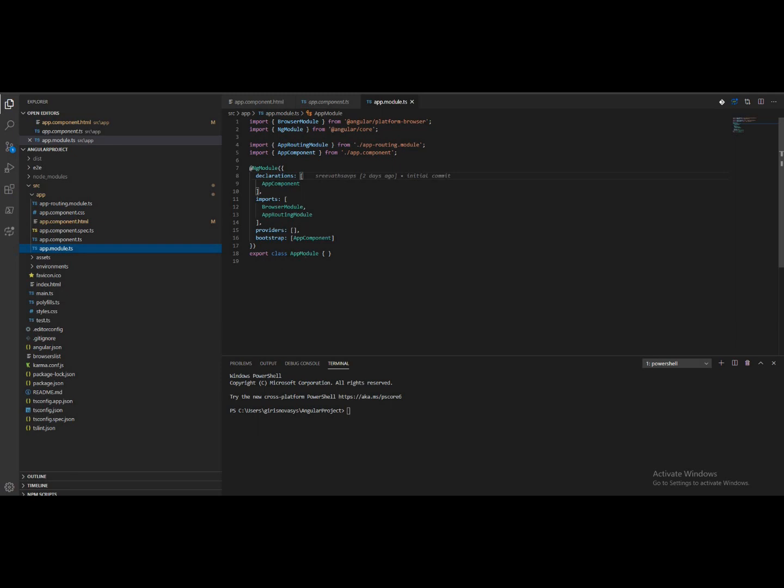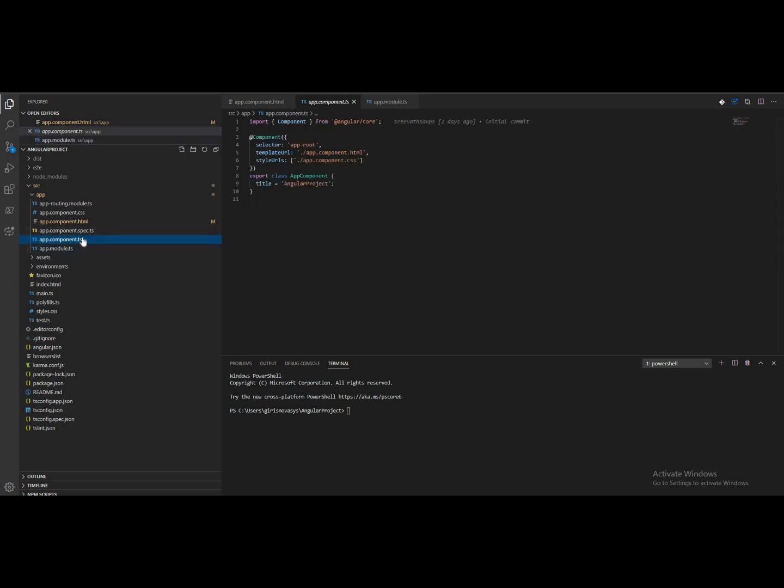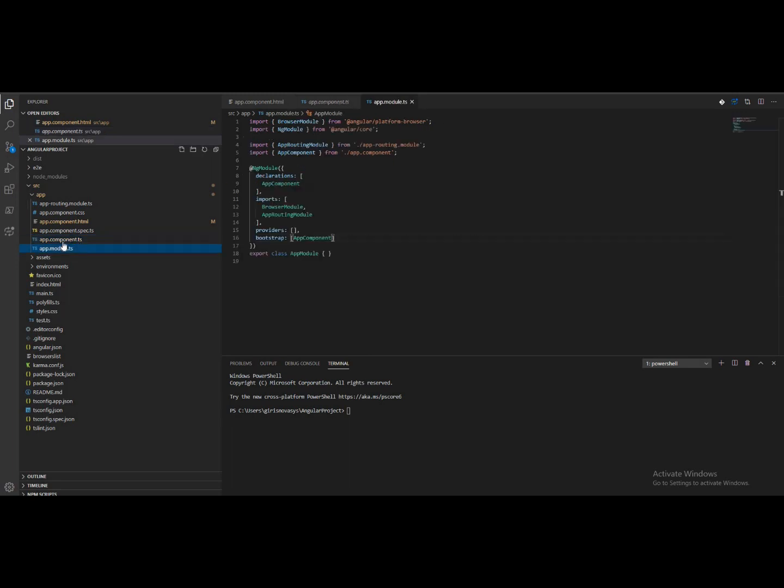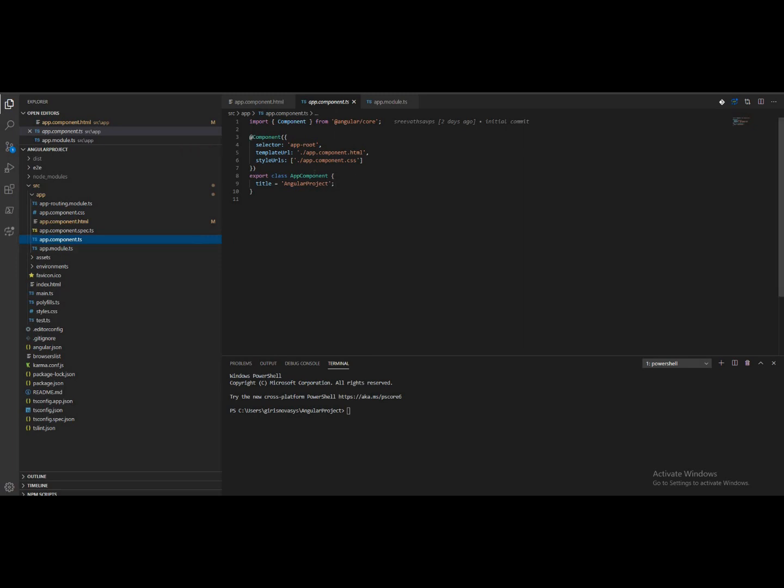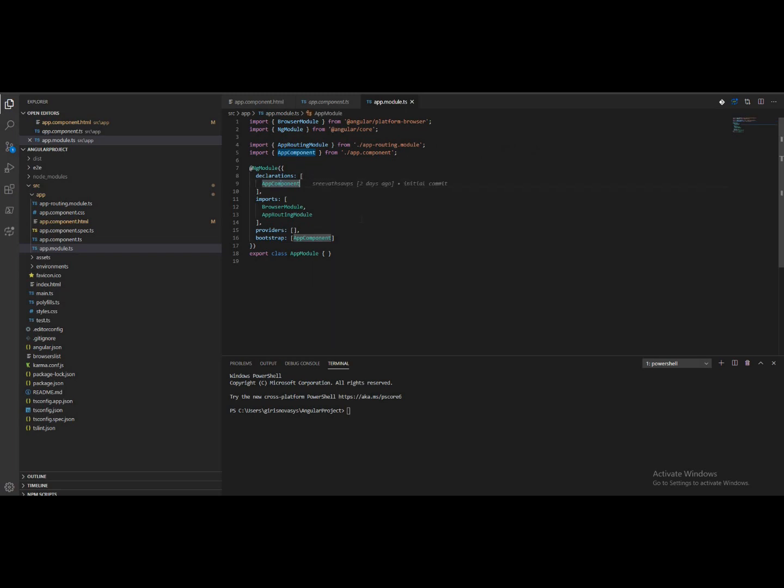It is the root module for our application. A module wraps other building blocks of Angular such as components, services, etc. into one. In our application, we have app module and we have one component called app component. This app component is included in app module. So anything we create in our application, let's say components, services, pipes or directives, we should include them in a module if we want to use them in our application. We cannot use them in our application if we don't include them in any module. Generally, we get an error if we have any independent building blocks other than the module which are not included in a module.